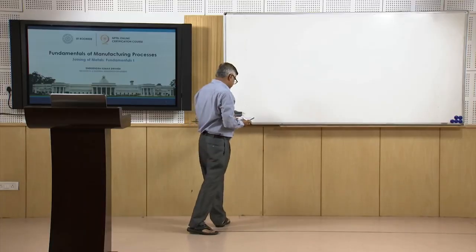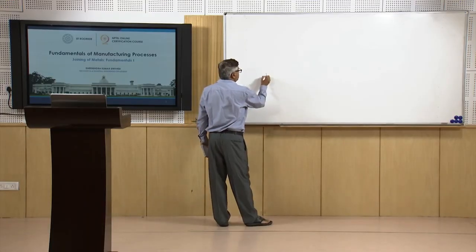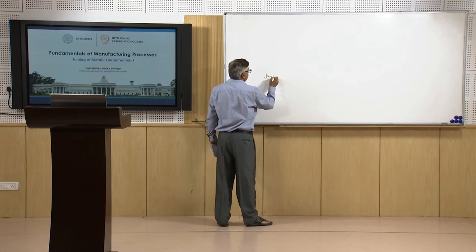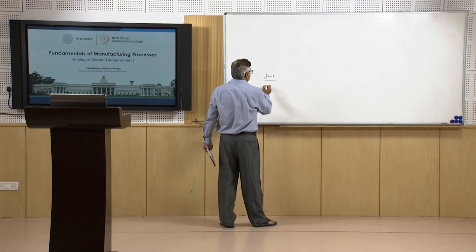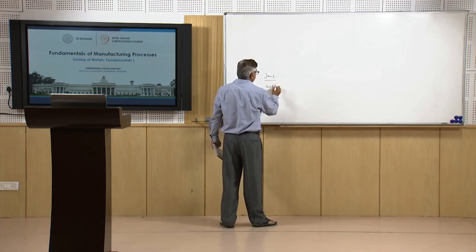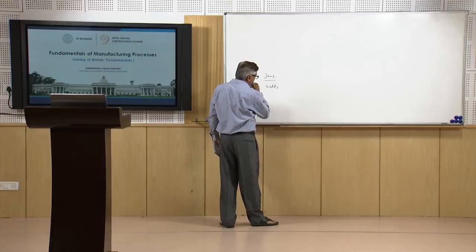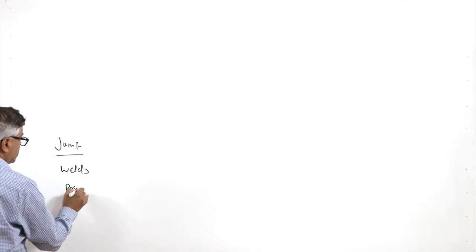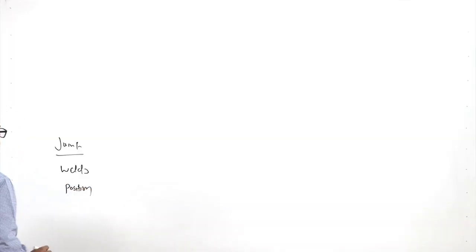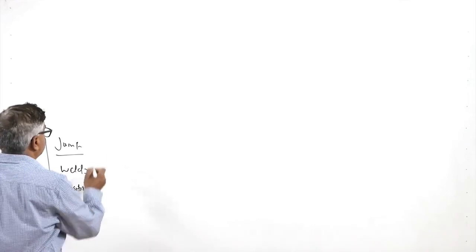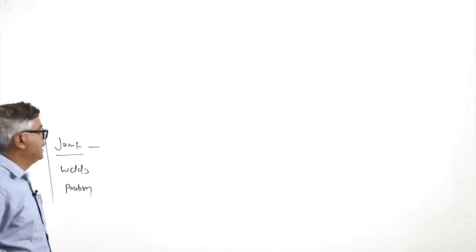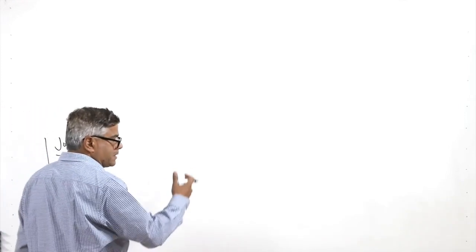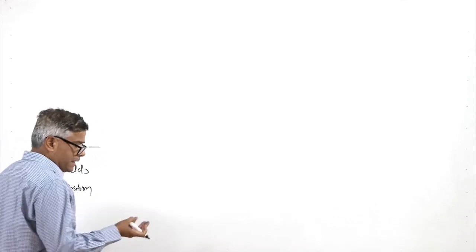Now, some basic terms we will be seeing related to the joints which are used in welding. Then there are the welds which are used, and then we will also see the positions in which welding is carried out. So, these are the basic aspects related to the joints. There are different types of joints which are used for metallic continuity, whatever the kind of joining process, like brazing, soldering or welding